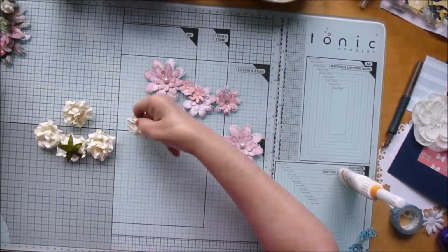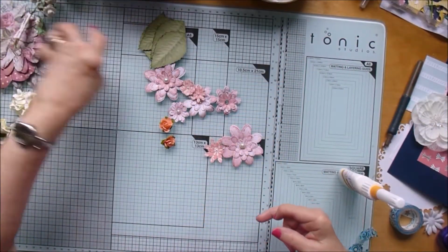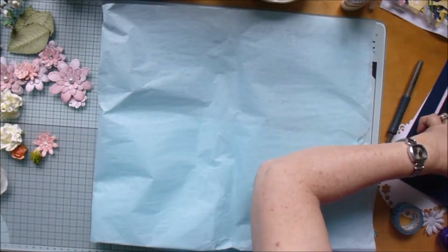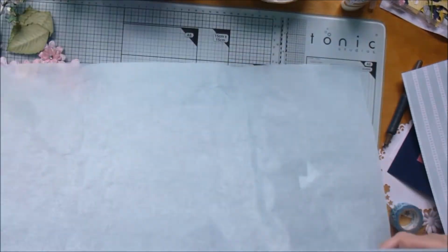I've layered them up. I've put some pearls in the centres, and I do like those. I haven't used it for ages, and I remembered I had it, and I thought, well, that makes some nice flowers. Then I thought